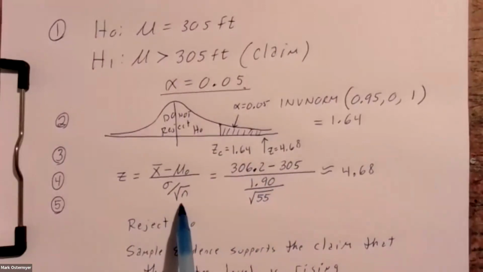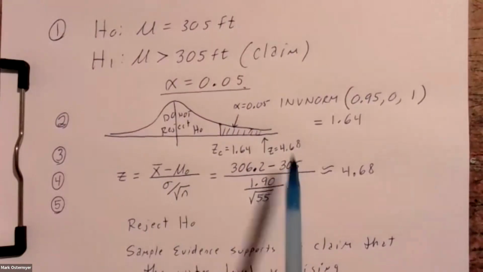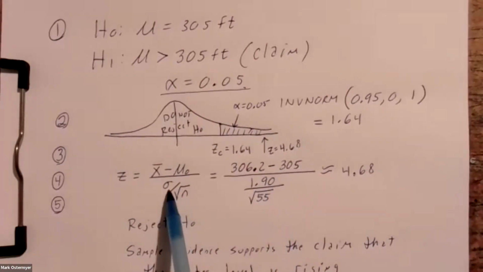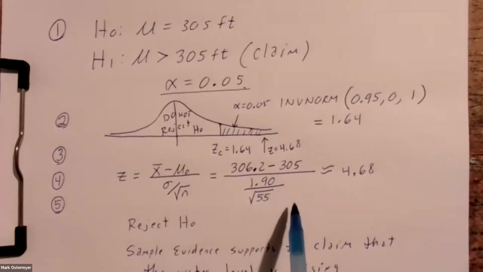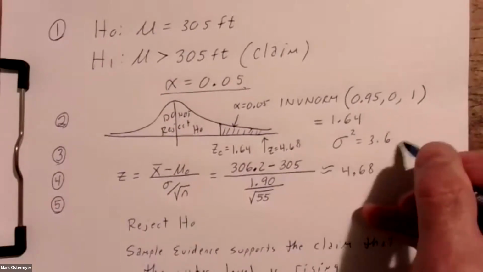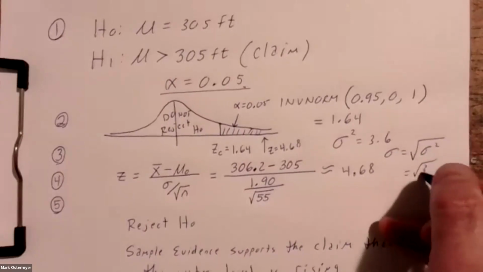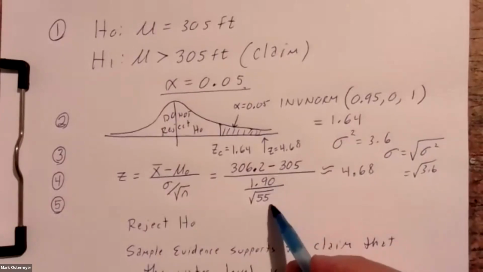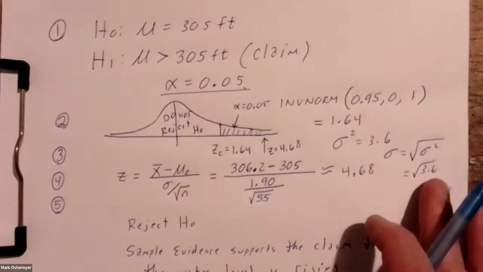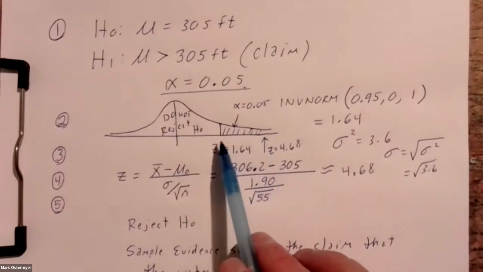The test statistic is now computed by taking the sample mean, 306.2, minus the purported population mean under the null, which is 305 feet, divided by the standard error of the sampling distribution, which is the population standard deviation, the square root of 3.6. Remember, they gave you the variance in this problem. You have to find the standard deviation by taking the square root of the variance, the square root of 3.6, which is about 1.9, divided by the square root of the sample size of 55. Test statistic about 4.68. Notice my test statistic 4.68 is greater, rather much greater than my critical Z value, so